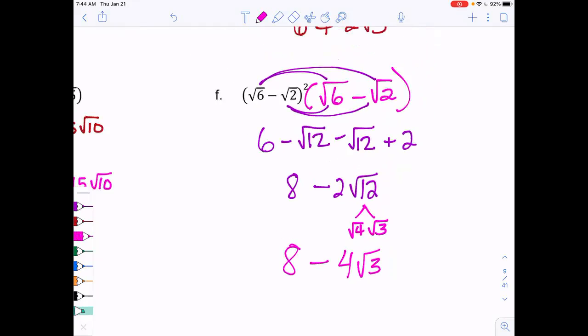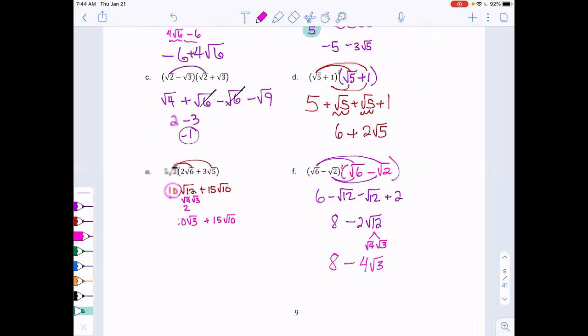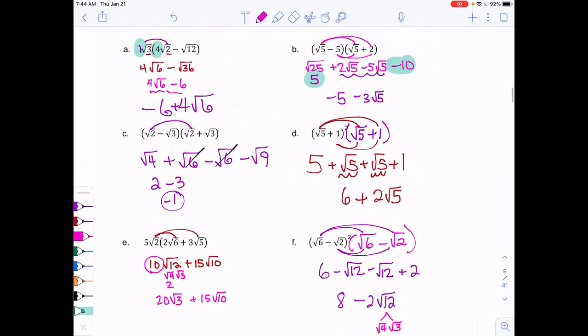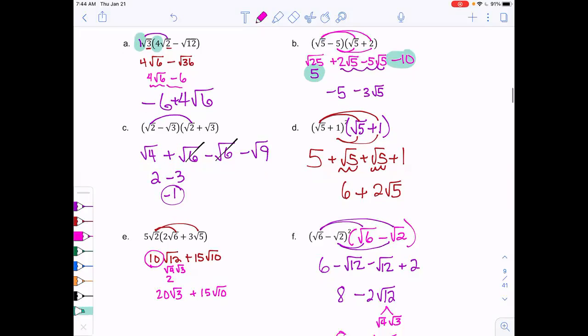So before we move to the next group of problems, are there questions on these 6? Anybody at home have questions as well? We did go through them kind of quickly, especially when we got to the end. So then the next group of problems